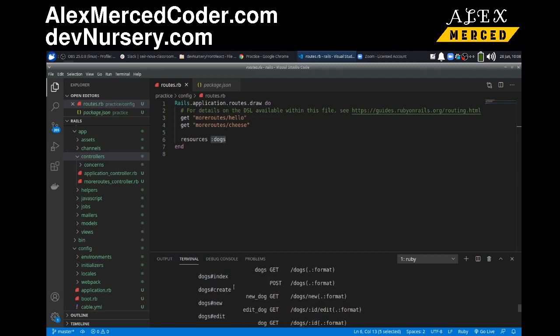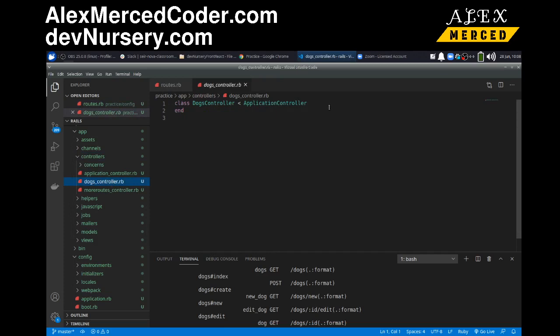But now I don't have to set up the routes. All I have to do is just set up the controllers at this point. And there it is, dogs controller. Okay, so let's just do, and then I can just set all these up. So it would just be def index and def